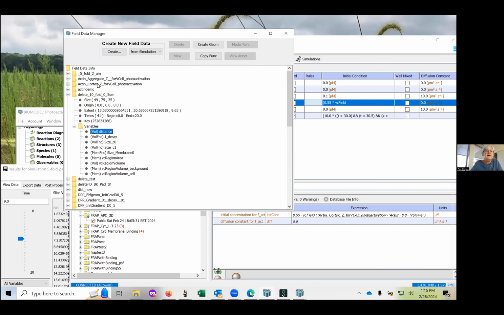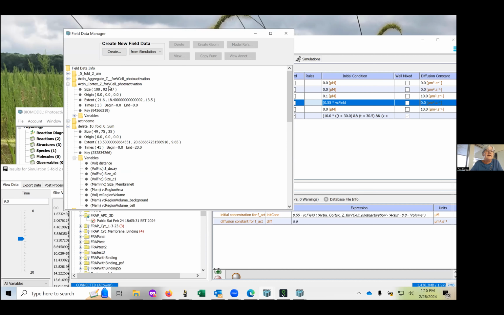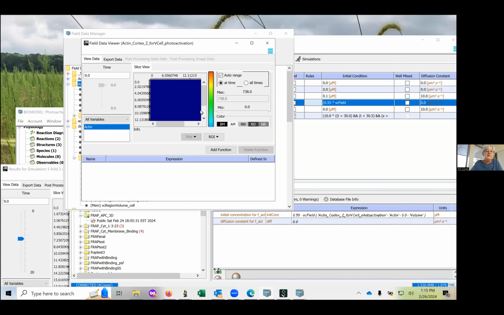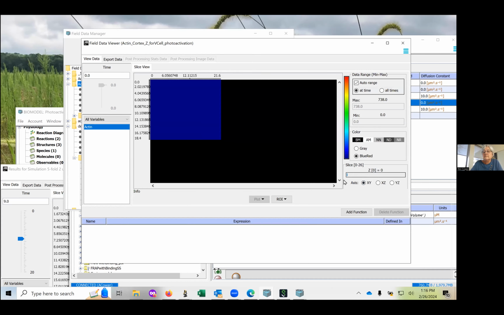Now I have this particular piece of field data, which we can view, and it's actually a fluorescence image from a dictyostelium cell. These are all the Z sections that I pulled into VCell using our image viewer. And I can use this as field data so that when I start my simulation